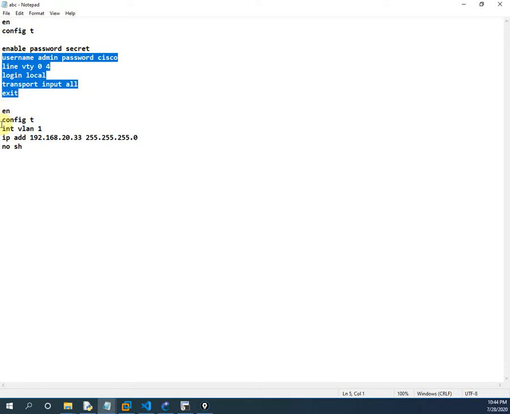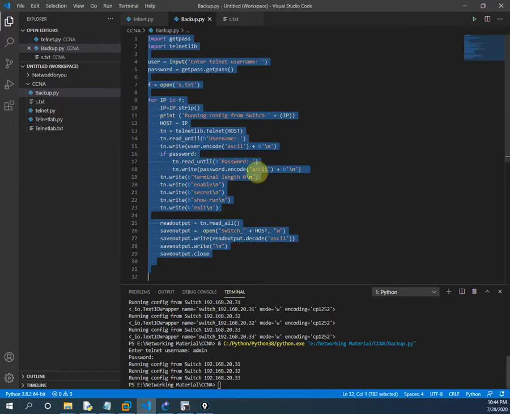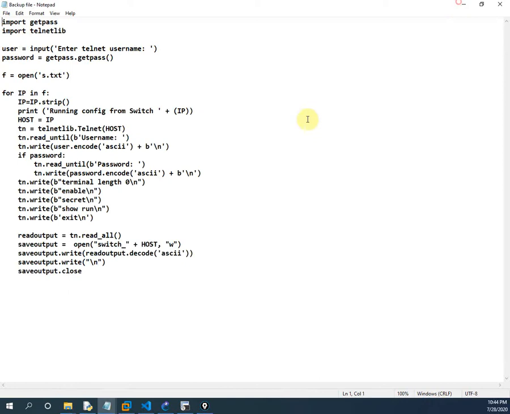After that, I create one SVI, the switch virtual interface, using interface vlan 1 and assigning the IP address, .31 for one switch, .32 for another, .33 for another. Why this IP address? Because my PC is 192.168.20.1, so I need the same network, as I am going to run the Python script from my PC. My PC should access the routers and switches.